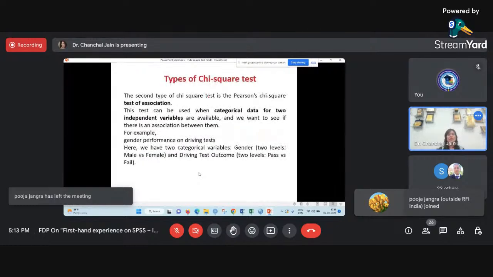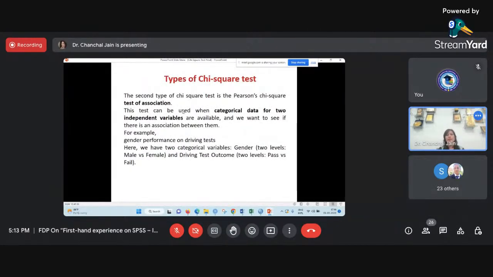chi-square test. Now, talking about the second type of chi-square test. This is known as the two-way chi-square test. The first one was the one-way chi-square test, the other name for which was the goodness of fit chi-square test. In that we had only one categorical variable. The second test is the test of association, or independence of association, chi-square test. This is known as the two-way chi-square test, because in this particular test we will have two categorical